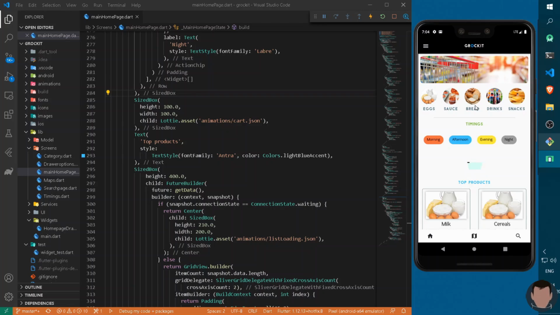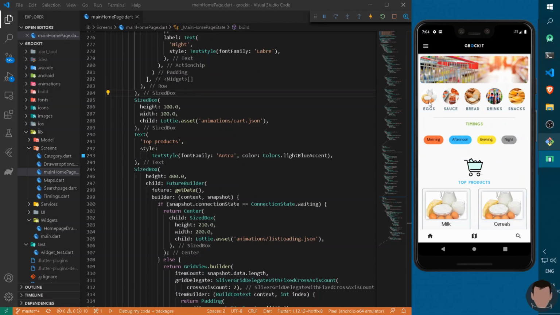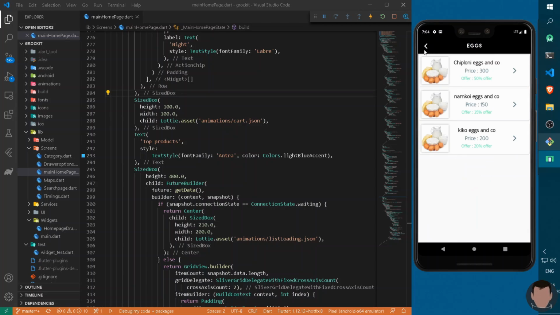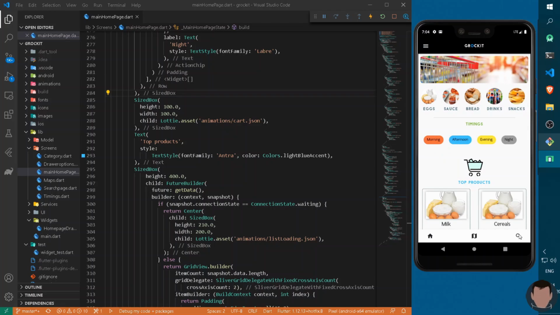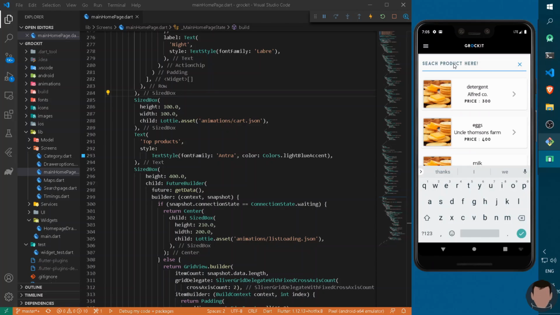Now the final thing remaining is adding images to our products, that is of the list, that is we are saying all eggs, and similarly in the bread we are saying only breads, not different types of bread. So in a later lecture we are going to implement Firebase storage for all the images so that all the images will be dynamic and different, and thus this was our basic application that is enough for a starter of home. So let me buy eggs for me.